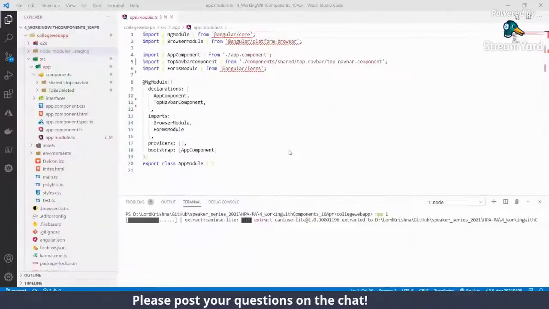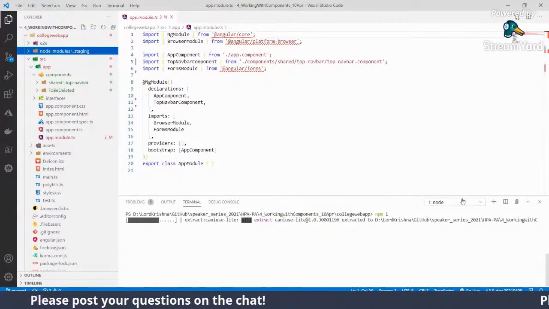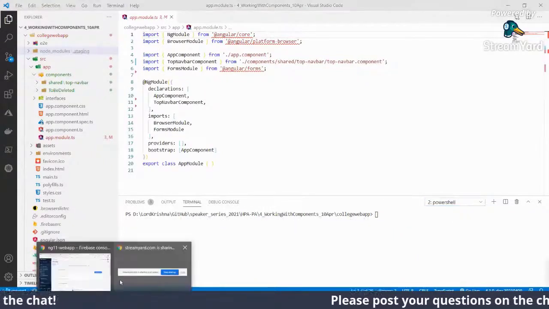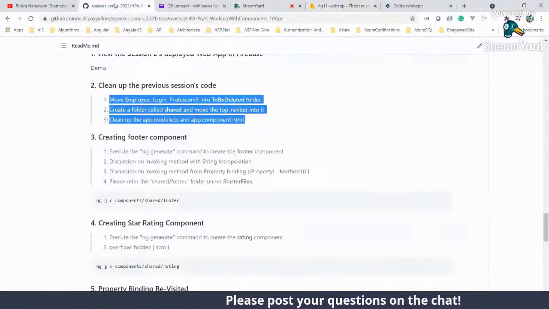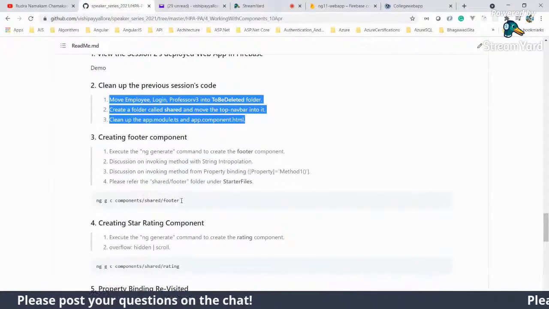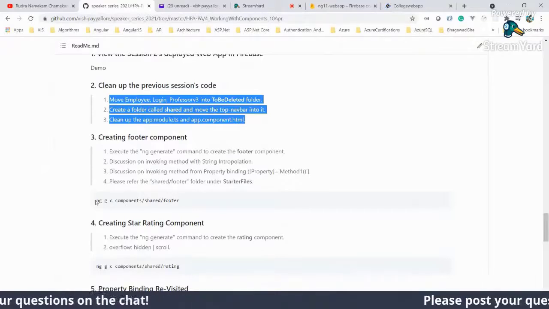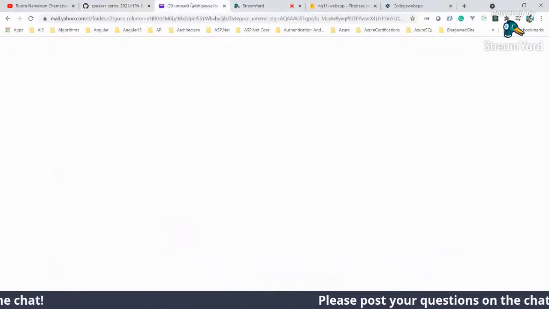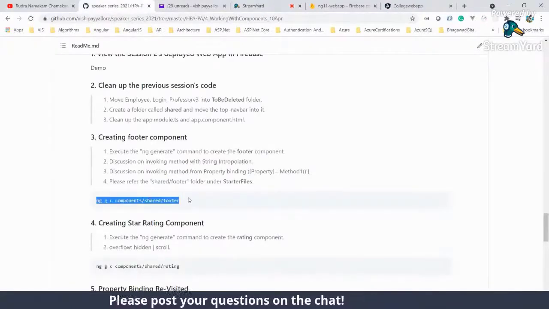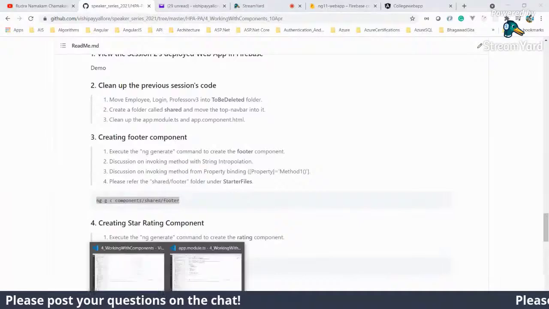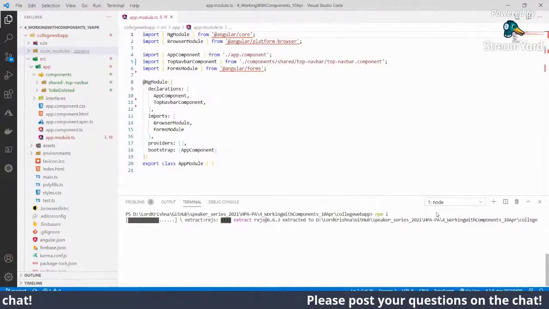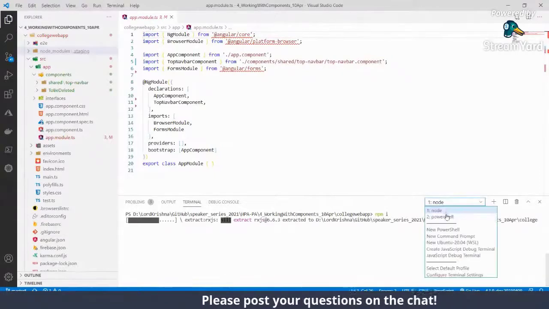No problem. Whatever it needs, let it take. Okay. In the meanwhile, we'll go and execute that footer component, even though we don't use it, just to save the time. So what I have to execute is this command over here. What? My browser is stuck. Okay, it gave the control back. So we'll come back to this place. Well, it's executing. Let it execute.